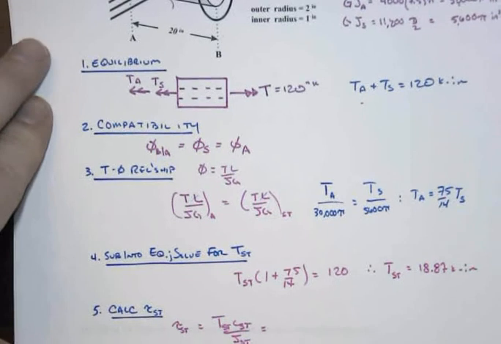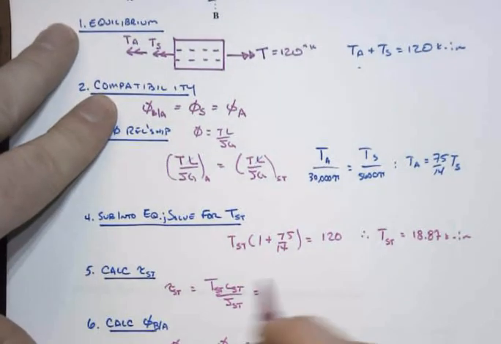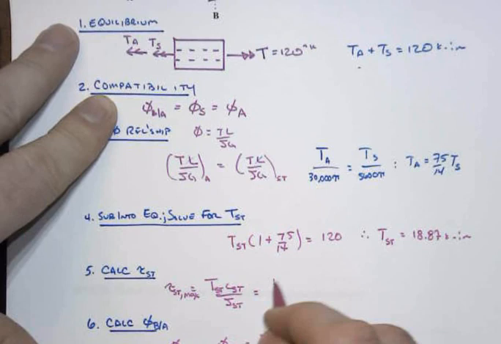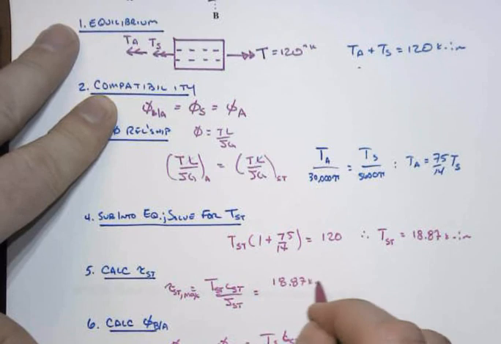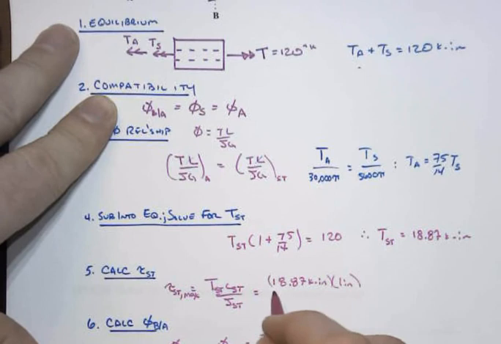Right? And so as we continue to play that all out, when we calculate the maximum shear stress in the steel, that's equal to T rho over J anywhere in the steel. So we're at the outer fiber of the steel, so we'll have 18.87 kip inches times the outer radius of the steel, which is the inner radius of the whole thing. Right? Go to the outer part of the steel, that's at 1 inch, and then divide by J of the steel,